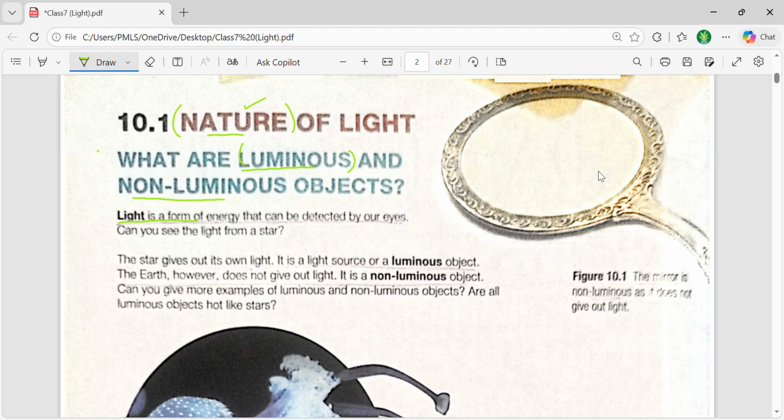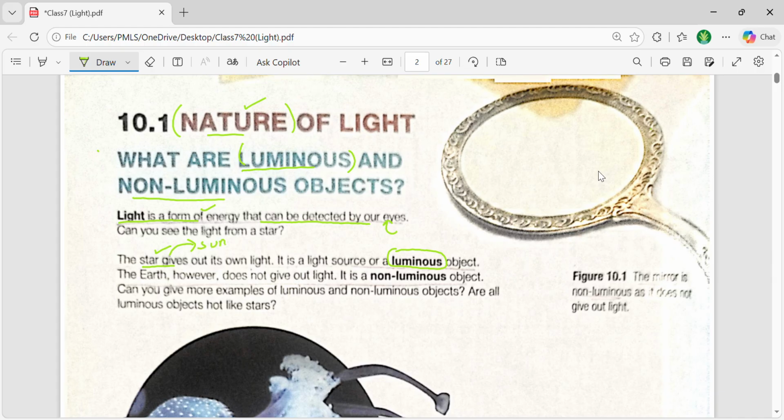And you can mark the definition from here, as well as that's what the definition of light is: a form of energy. It is again the form of energy that can be detected by our eyes. So this is the sensory organ that is used to detect it, and it is coming from the luminous objects that are all around you. One of the main sources of light on the earth is the stars, and more specifically, which star is the main source of light on planet earth?